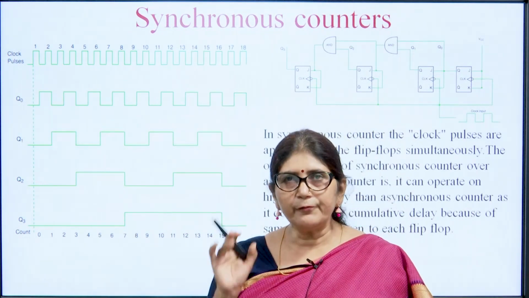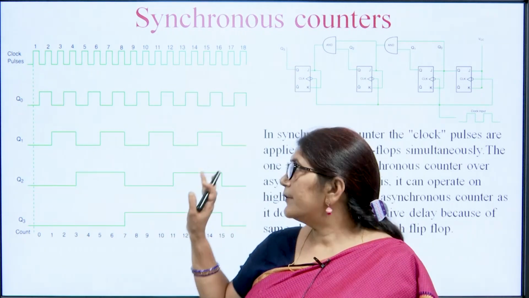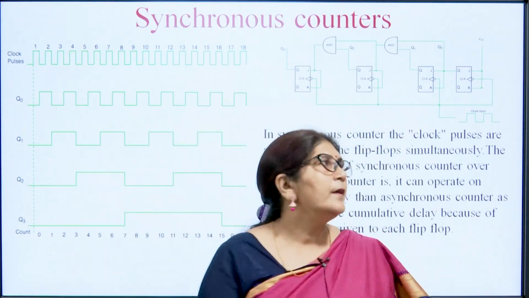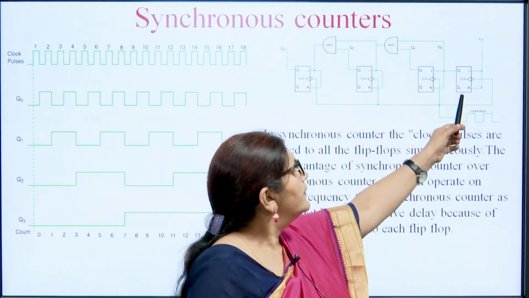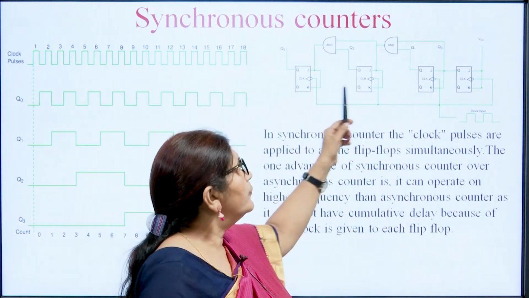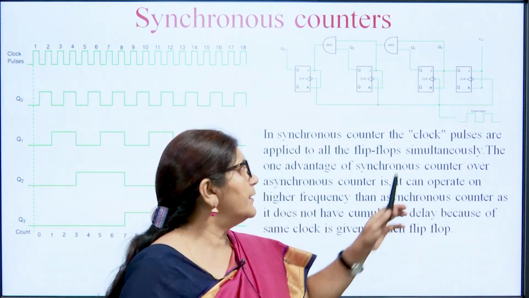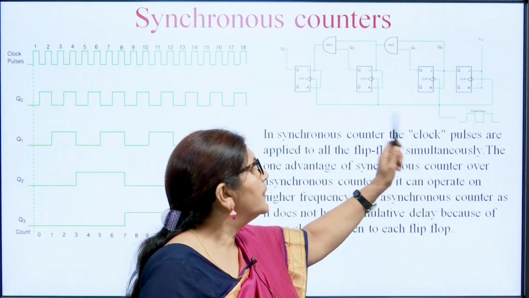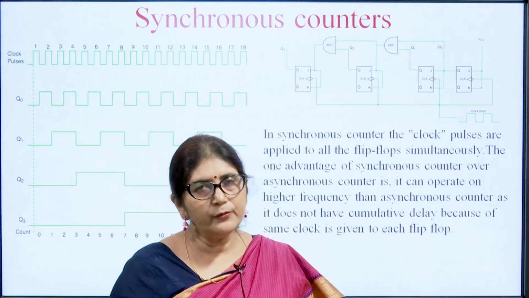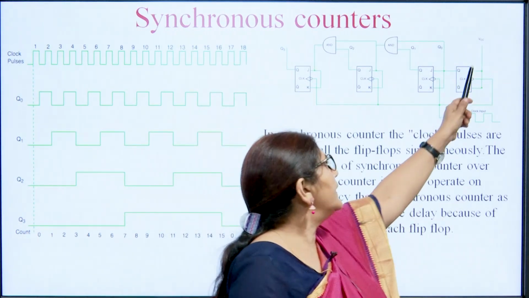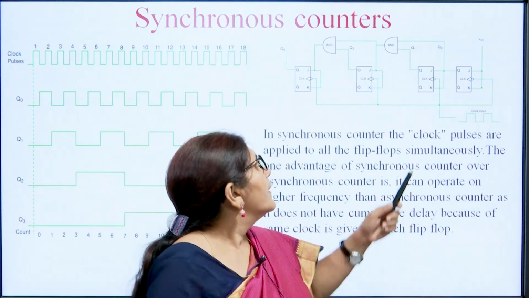If we are using 4 flip flops, then it will divide by 2 to the power 4. But what is done here is that in this circuit we can see that the input is applied and the clock pulse is applied to every flip flop. It means simultaneously the clock appears at the input of every flip flop. Now, this is again a JK flip flop. So, it is converted into a T flip flop, and then it is connected with high input, and we